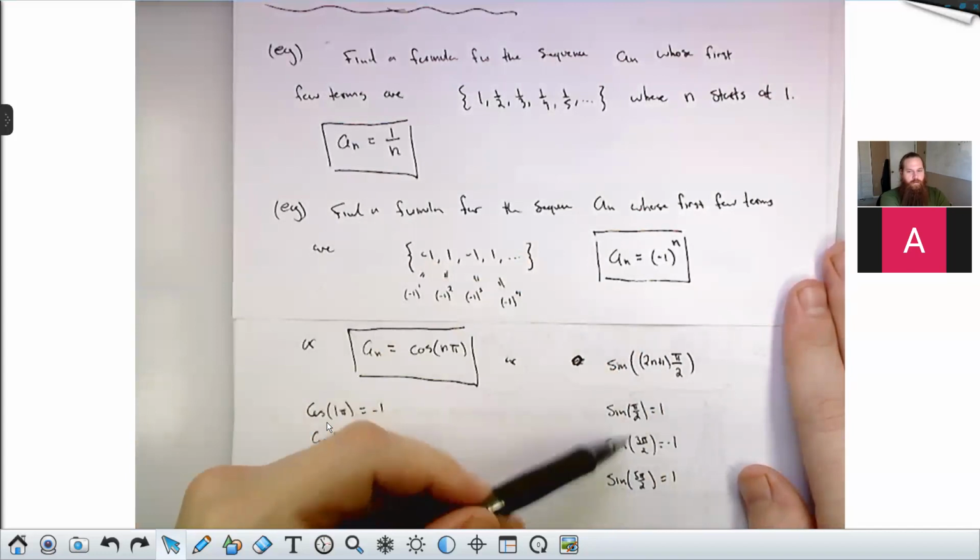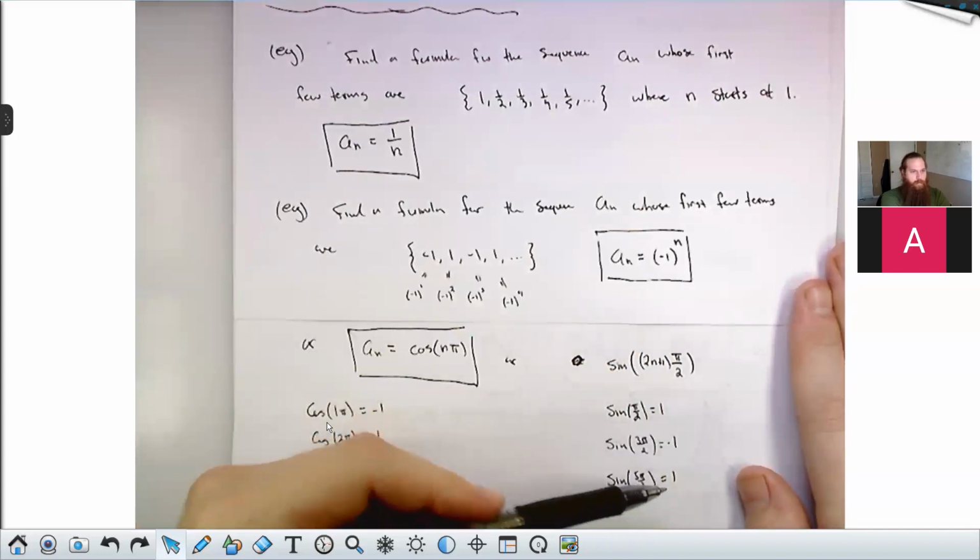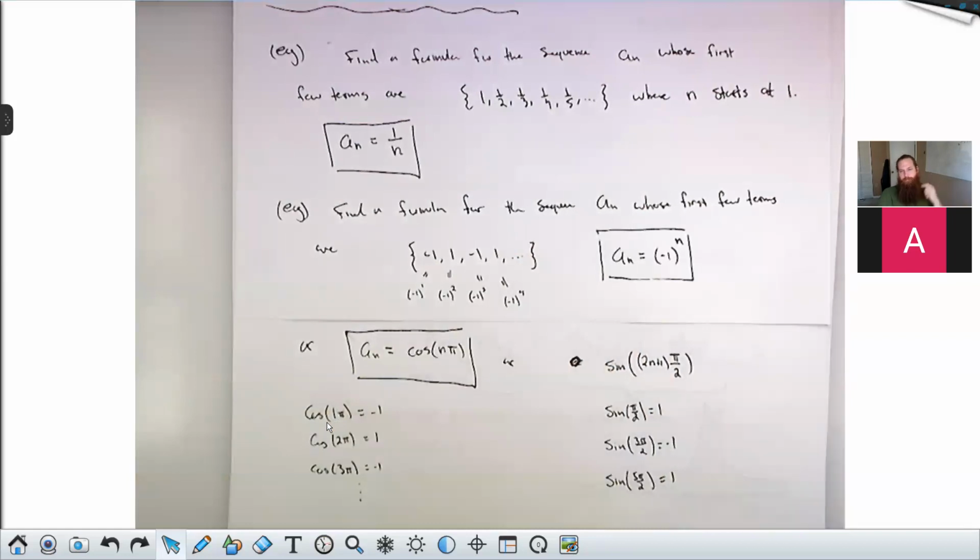So this guy you would need to shift a little bit. He does the same sort of +1, -1, +1, -1 thing, but he starts at +1 rather than at -1. So if you made that like 2n - 1 instead of 2n + 1 inside here, this would fit exactly. But yeah, most natural way to do this is as -1 to the n.